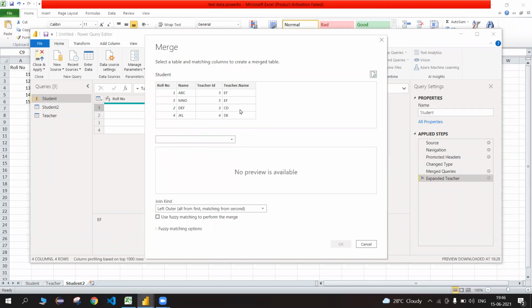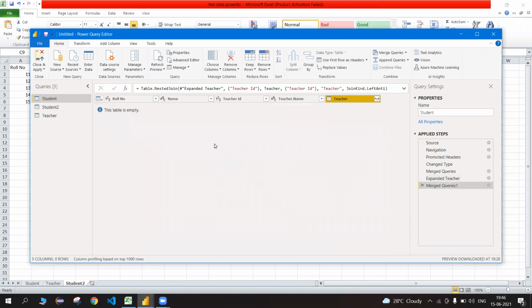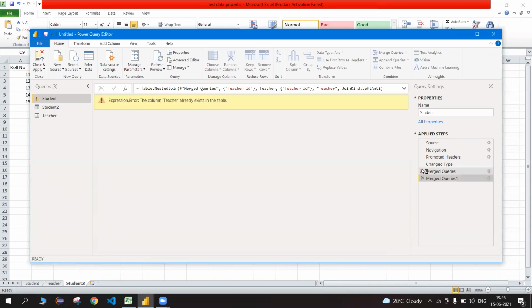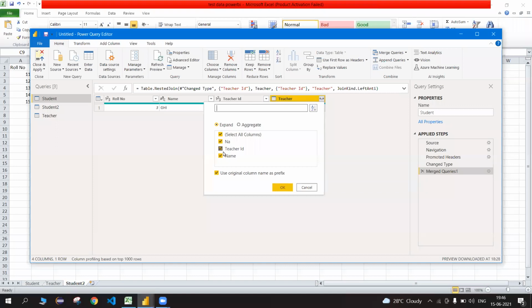Okay, so going back to our other options, then we would be selecting the teacher ID as a foreign key, and now we would be using left anti. So rows only in the first table, it specifies. So I will be selecting it and clicking on OK. And okay, sorry, I forgot to undo the changes. The merge queries. Okay, so here we have it. And when I would be expanding the teacher,